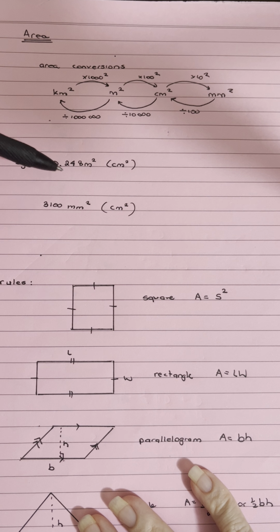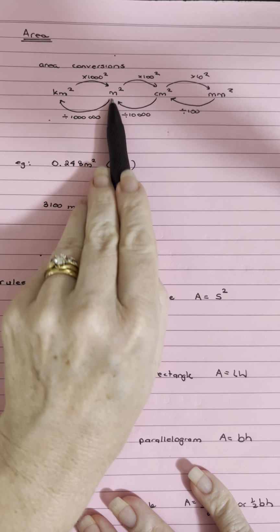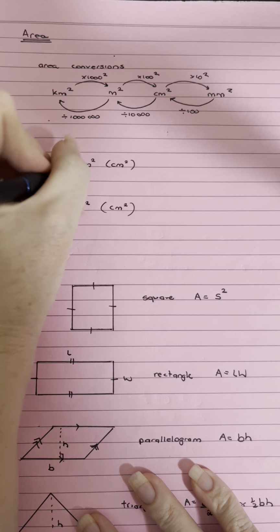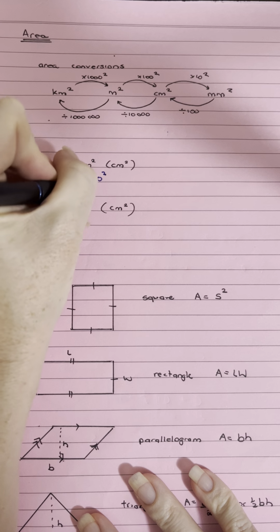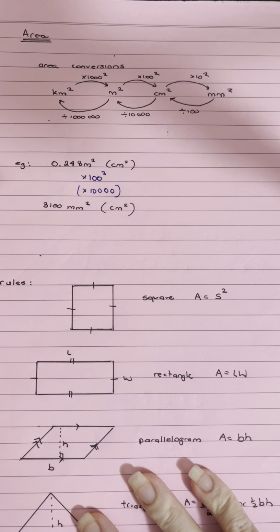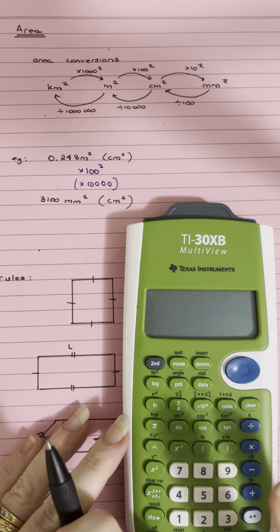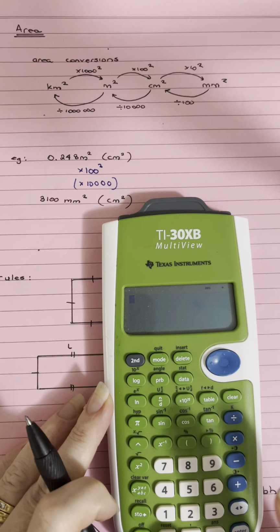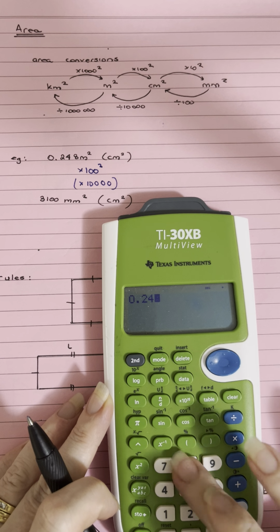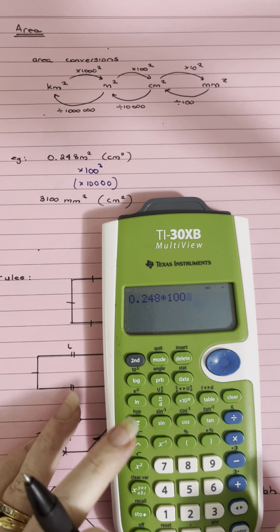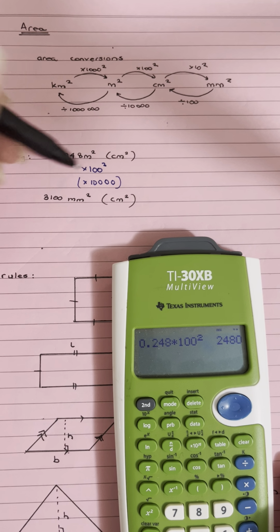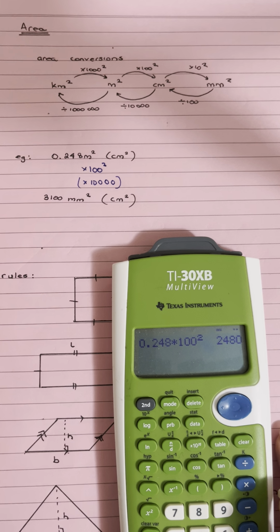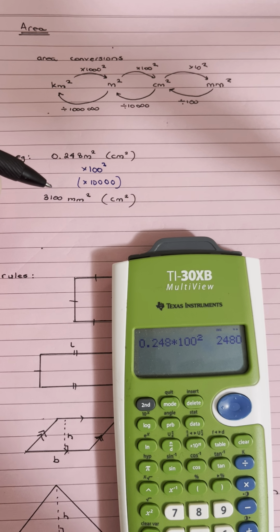those units. So a couple of examples, 0.248 meters squared going to centimeters squared. So meters squared to centimeters squared, we're going to multiply by 100 squared, or we can write that as multiplied by 10,000. So you can do whichever. When you put it in your calculator, you can actually type the 100 squared. So we can go 0.248, and we're multiplying by 100 squared, and that you can see is the, oh, sorry, what have we got? Meters squared. So meters squared, yep, just thought I had a millimeters there. So that gives us